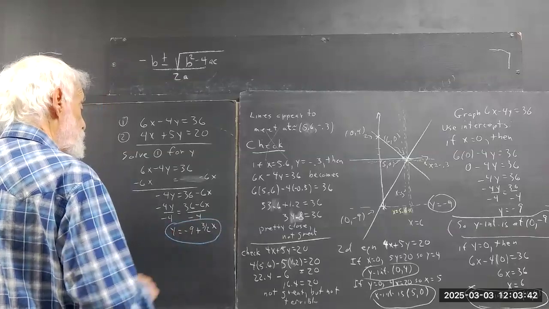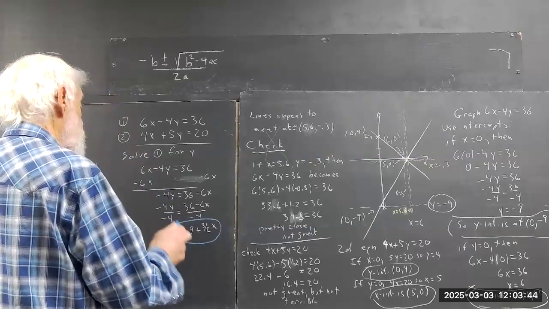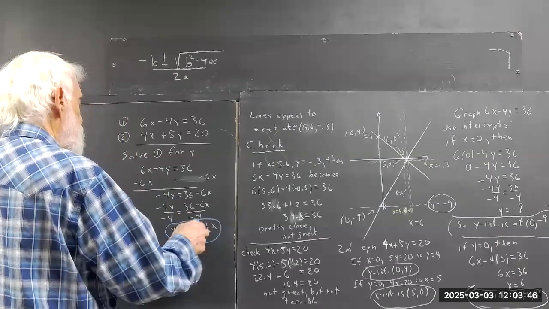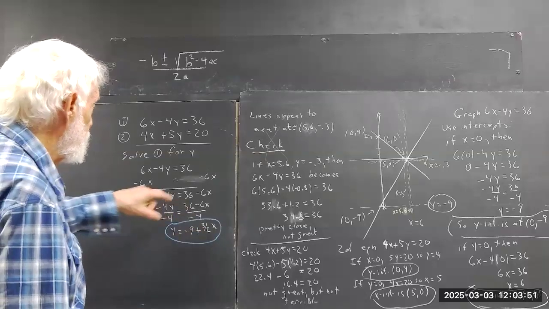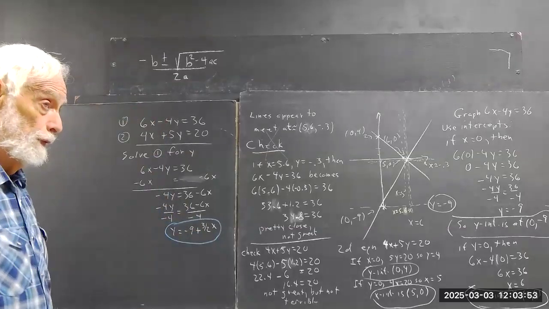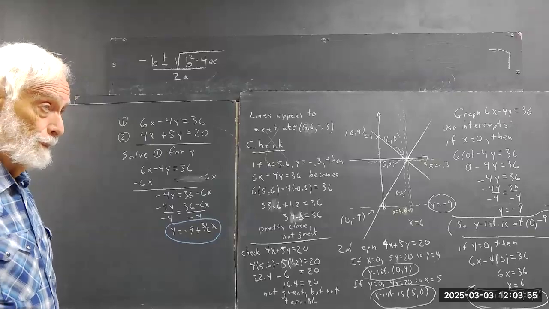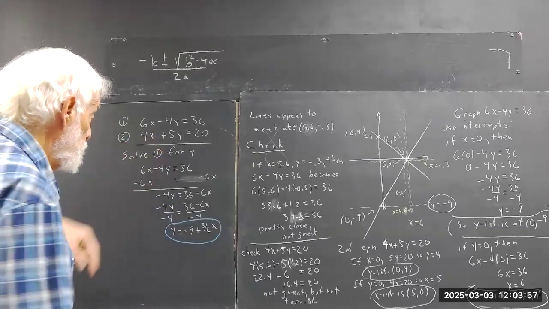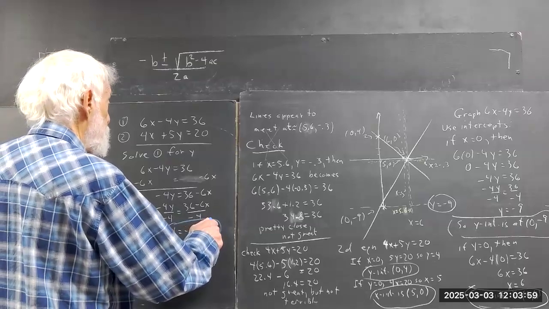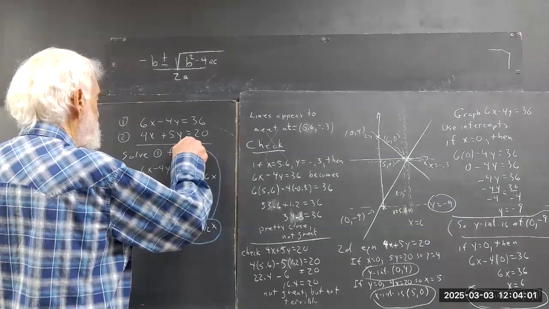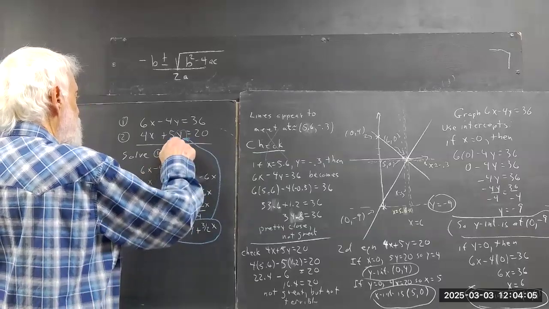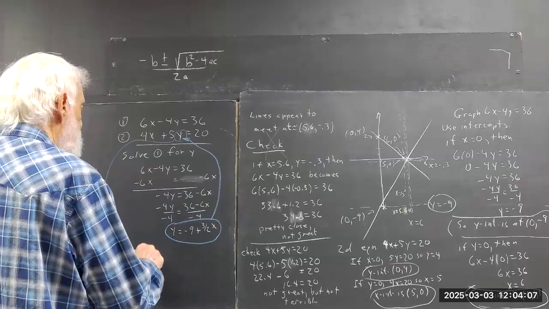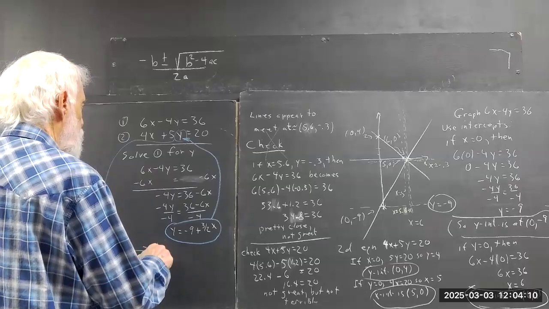Now I've got this. I'm going to take this and plug it into the second equation. Because this came from the first equation, I'm not going to plug it into the first equation. I'm going to plug it into the second equation. So in the second equation, I plug the y in here, and that gives me 4x